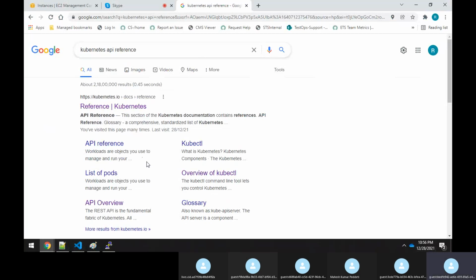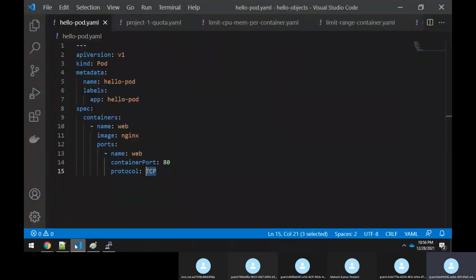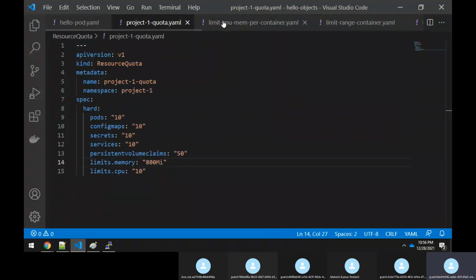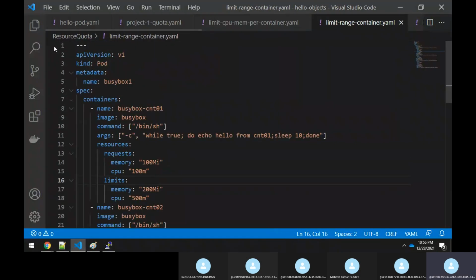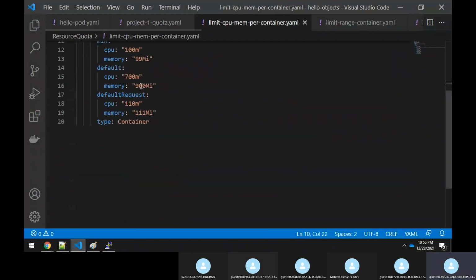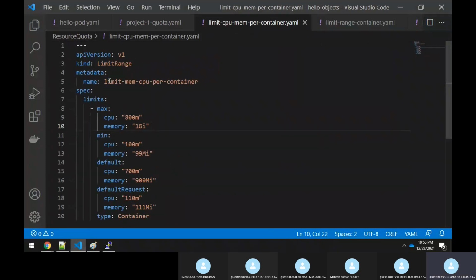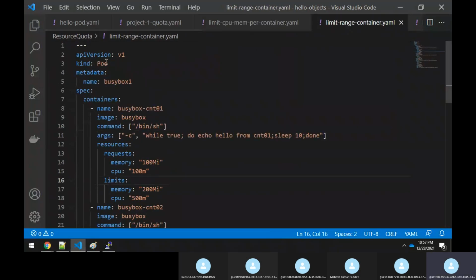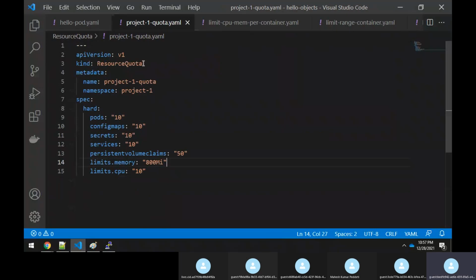When you see the YAML file, you should be able to understand it. I have written so many YAML files. See, I have written this YAML file, I have written this YAML file. Correct. I have written many YAML files like this. You have to understand everything I have written, right? See, the kind is a limit range. Here the kind is pod, like that. See, here resource quota. You have to understand everything now. Correct. Okay. So to know that, you should understand how to write a YAML file.